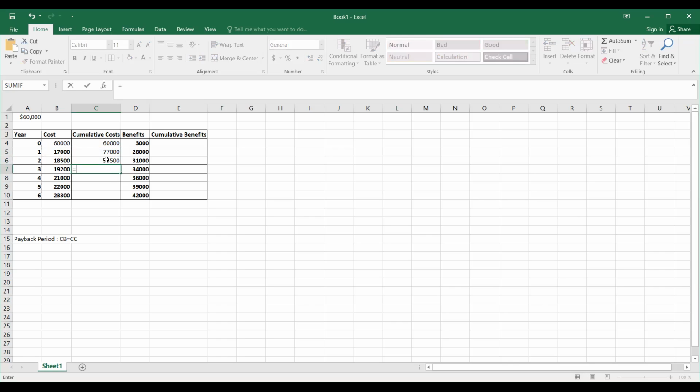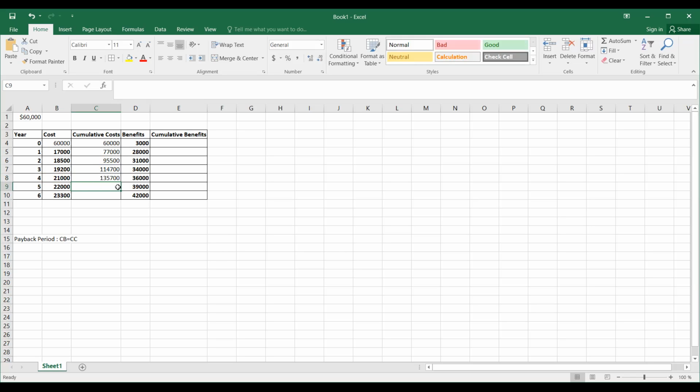After that, 95,500 plus your additional cost for the third year, 19,200, gives you a cumulative cost value of 114,700. After that, to the 114,700 you'll add 21,000, which is the additional cost incurred for the 4th year. So 114,700 plus 21,000 gives you